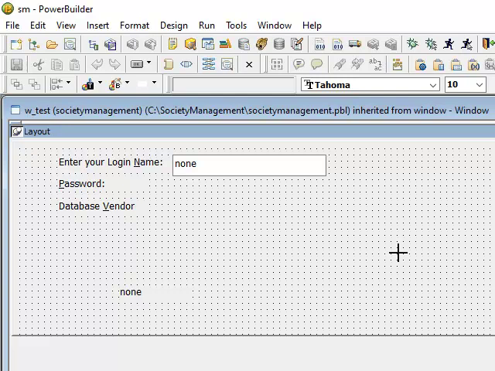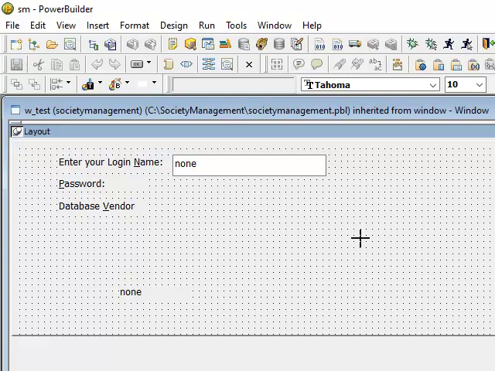You can see that already one screen is opened, one window object is opened. So what Power Builder does is it remembers what was the last application or workspace I was working on.